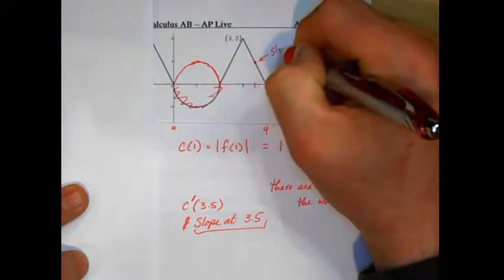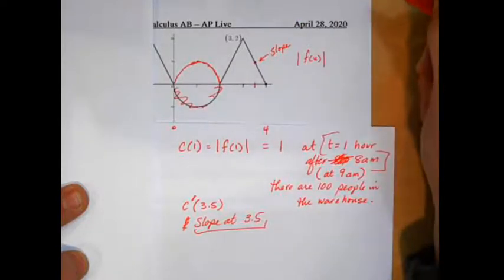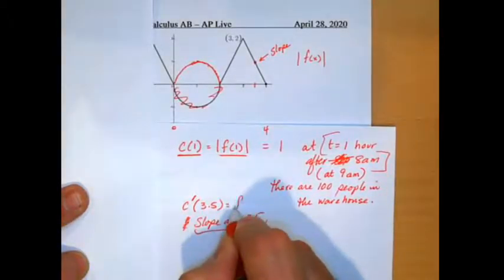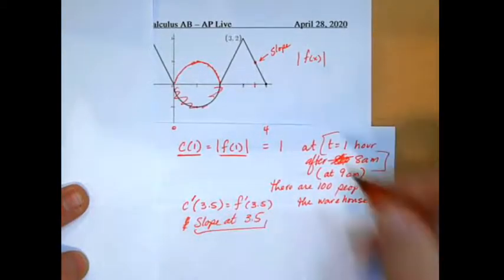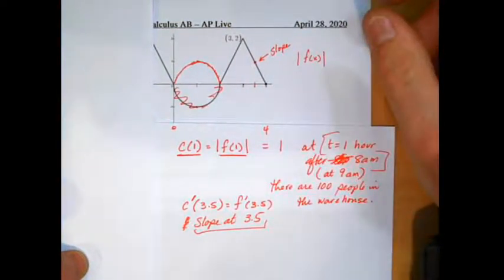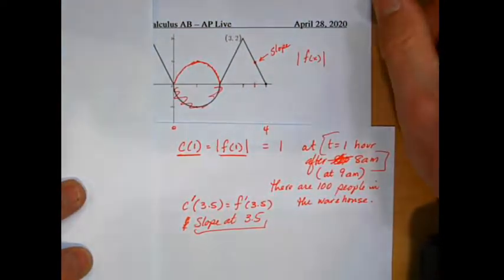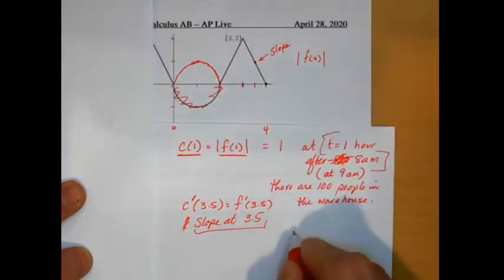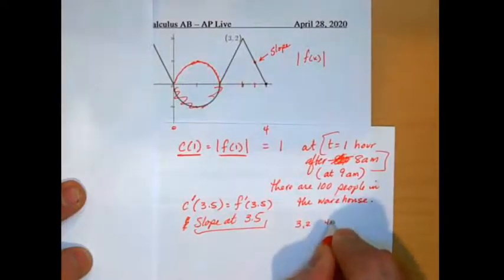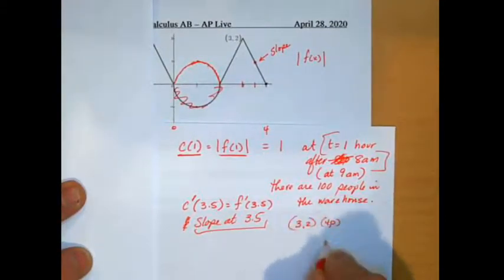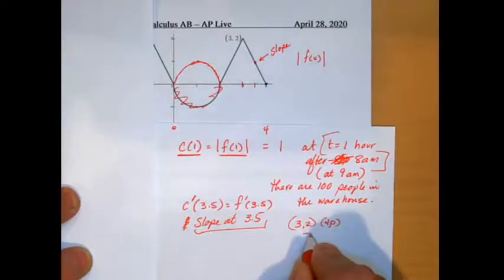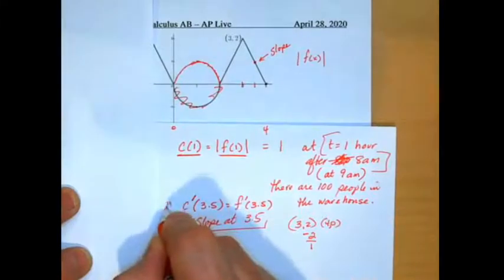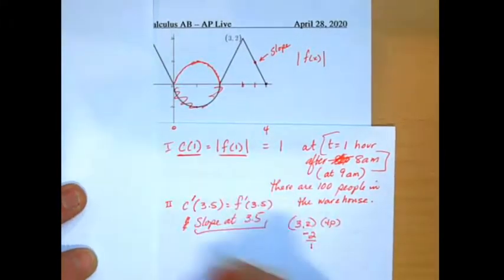I need the slope of that line. Well, that's a linear function because it said it's made up of lines. So what's the slope of that line? If I go from 3.2 to 4.0, change in y over change in x would be -2 over 1. So the answer to this part D would be